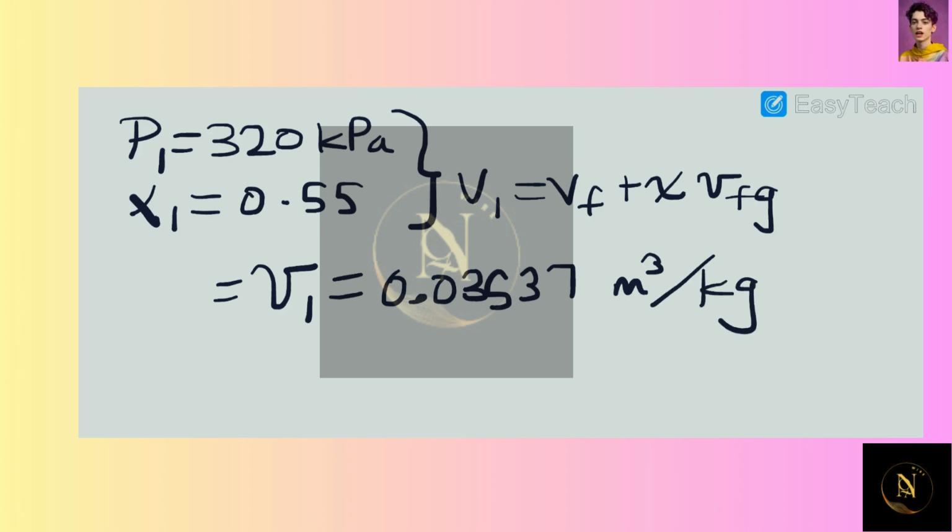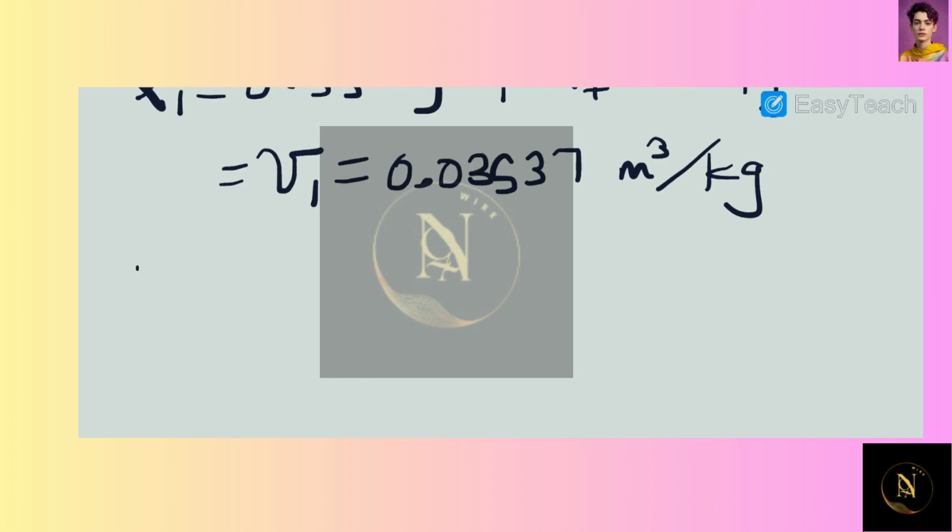Next, we can use this information of our specific volume to solve for our mass flow rate, and say that m dot 1 is equal to V dot 1, which is the volume flow rate, all over our specific volume, and this gives us a mass flow rate of